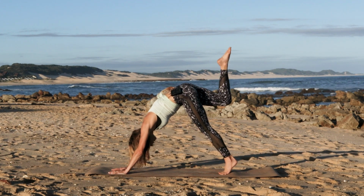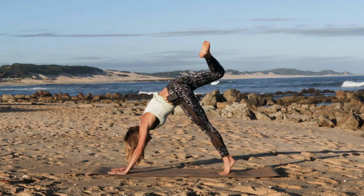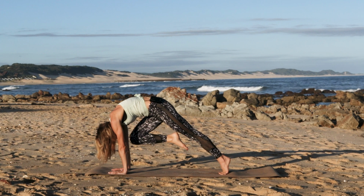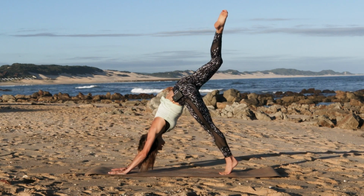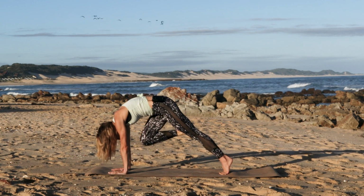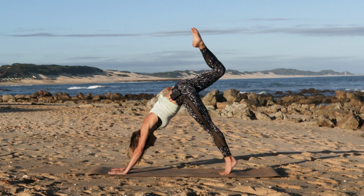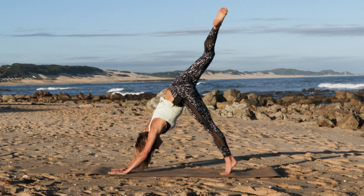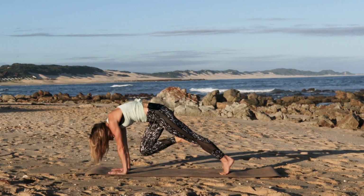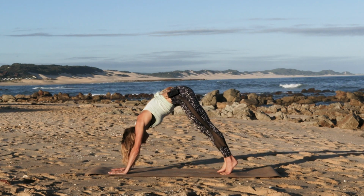Exhale, lifting that right leg up towards the sky. Inhale. Exhale, tucking that right knee towards that chin and holding here. Inhale, exhale, extend. Deep breath in. Exhale, tucking that chin. We got one more of these on this right leg. Deep breath in. Exhale, extend into three-legged downward dog. Now coming back into center and slowly lifting that leg up one last time and dropping that right leg,